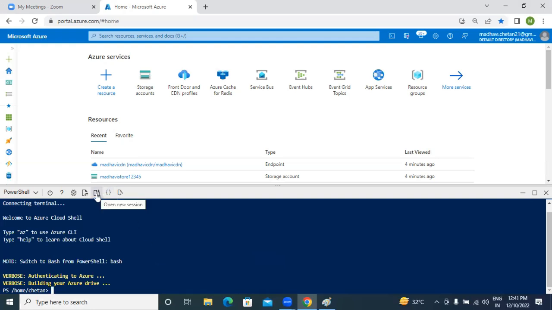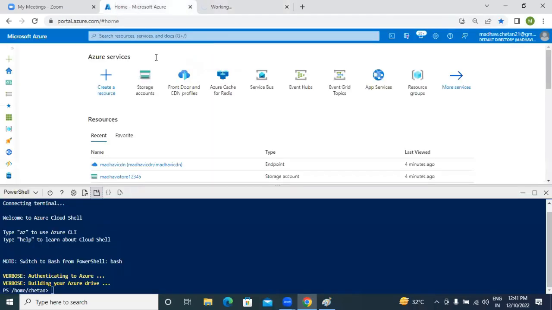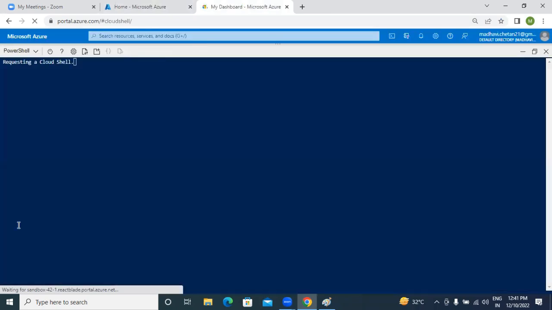Now, if I want to open a new session, because it's very congested, right? Here I have half of my main portal and half of this Cloud Shell. It's very congested. Then I can go for open a new session. I can open a new session from here, and from here, I can just cancel it. Now, once I'm done with that,